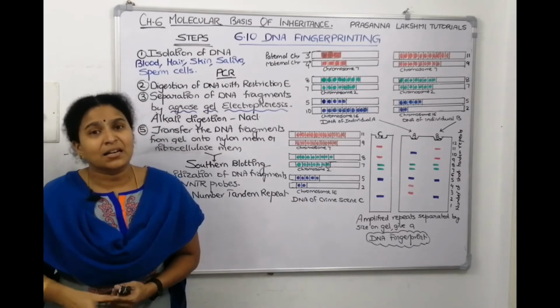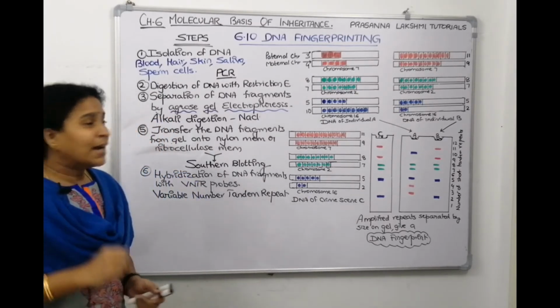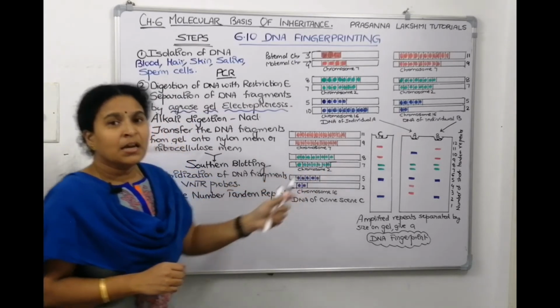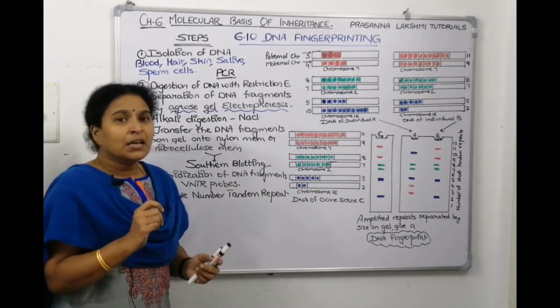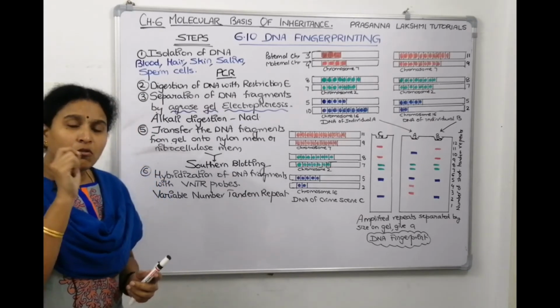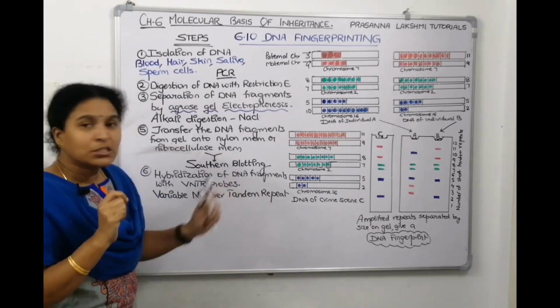So we call them tandem repeats. At the tandem repeats only, you digested, right? At the tandem repeats only, you have broken it, right? Now if you want to identify it, then you have to give tandem repeat complementary probes, so those probes can go and bind to those single strands.